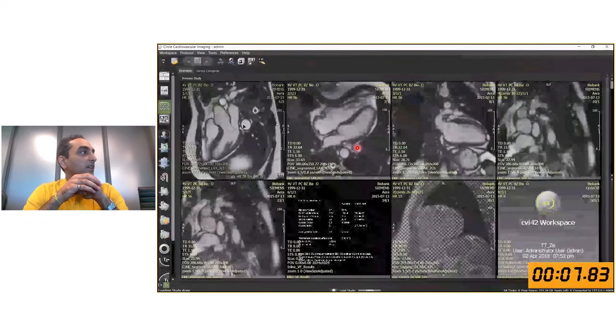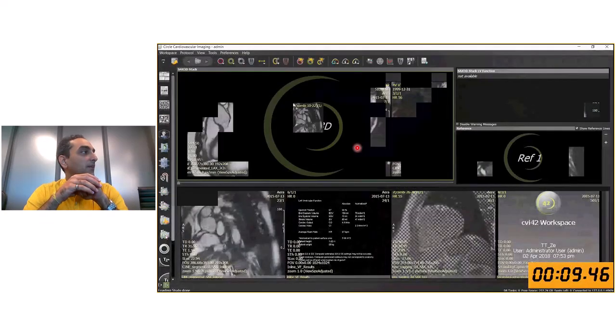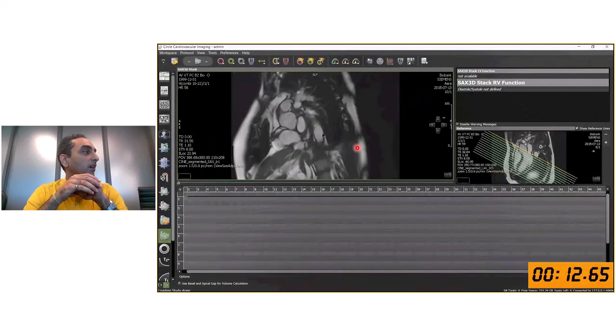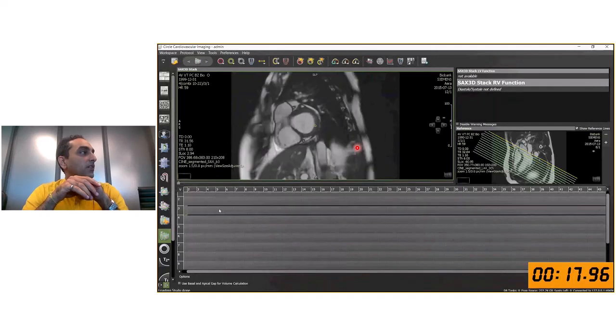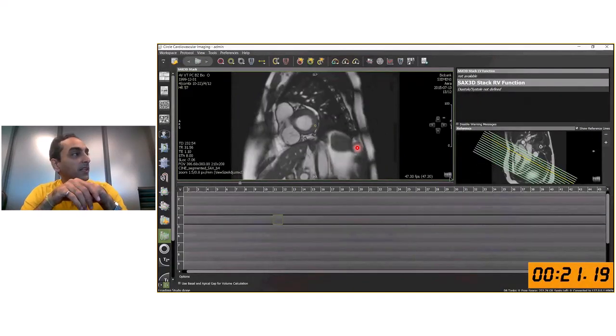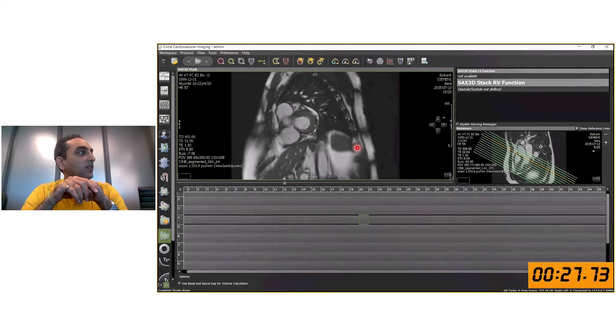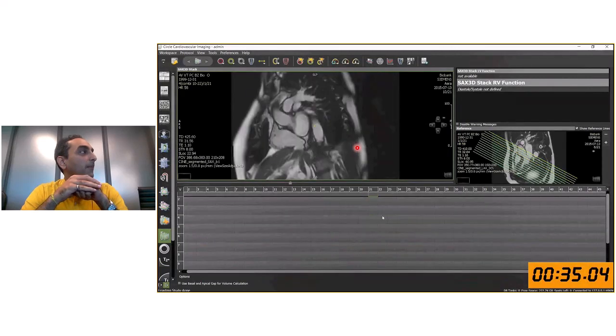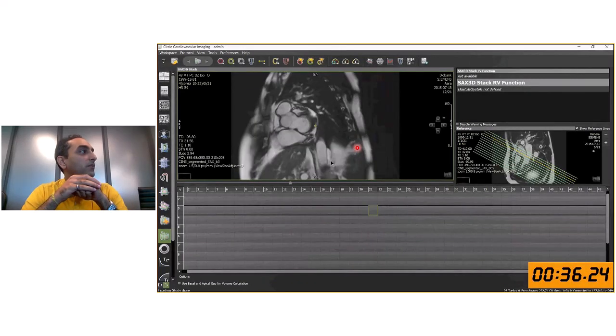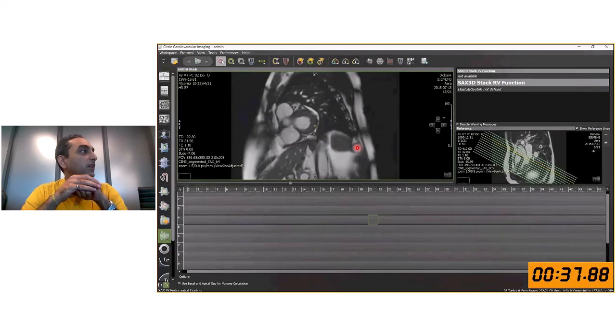As you can see here, the clinician has loaded a short axis stack into our short 3D module. The clinician is playing through the video, and what they're essentially looking for here is to be able to identify the end systolic phase, and it seems like they're looking for it right now, and they notice that this is the exact phase where the area of the left ventricle is at its smallest. And once they have identified this phase, they start manually contouring the endocardium, so the blood pool, using these manual